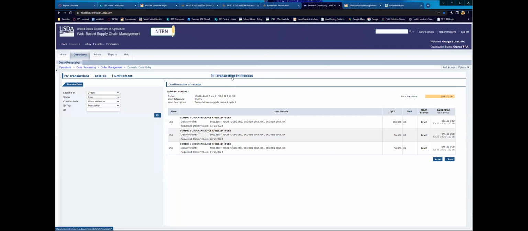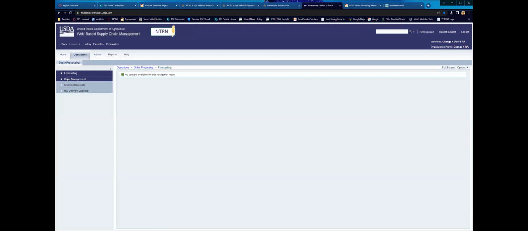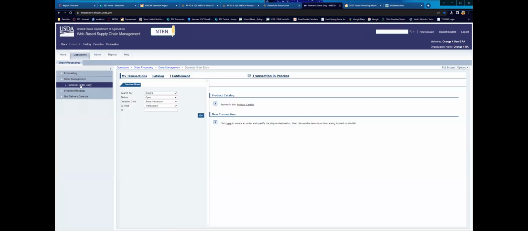It's in progress. So we're printing from this point, saving electronically, because now we're going to step away for a minute, perform that quality assurance, and then make sure that we've entered our quantities, everything is accurate. So we can close. And then if we start over, because obviously we come back, we do our quality assurance, we come back, and then we go back to our order management, order entry. And remember, these are the My Transactions. We want to make sure that's the tab we're under.